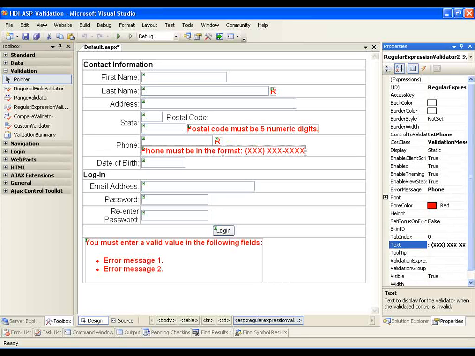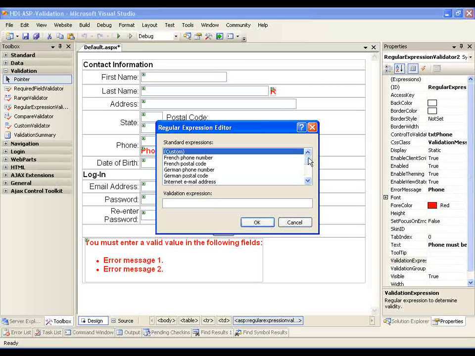suffix. Now for the validation expression, we'll see there is a US phone number, but what we're going to do is actually, I'm going to paste in a custom validation that I made up ahead of time for our phone